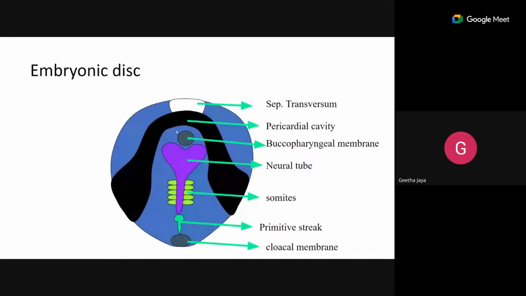So that was the initial stages, and now we'll come to the orientation of the embryonic disc. The cranial most area, so when you remove the ectoderm, you will get